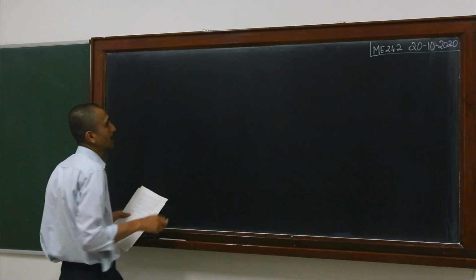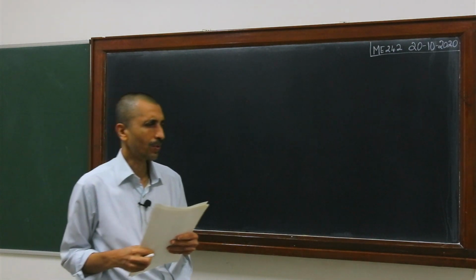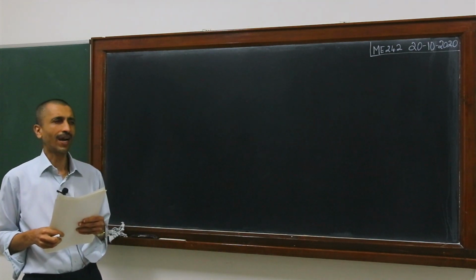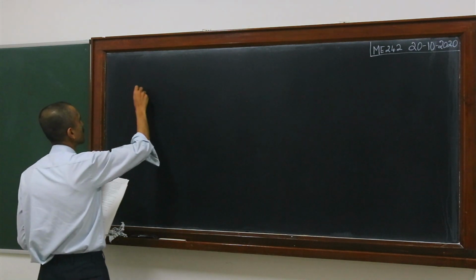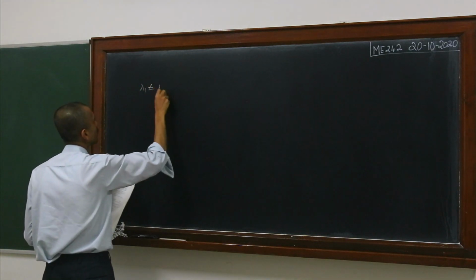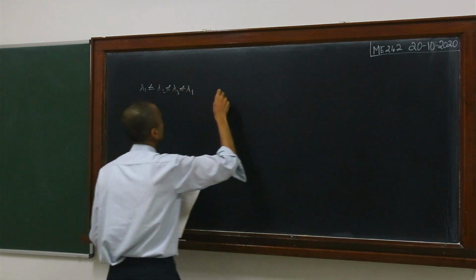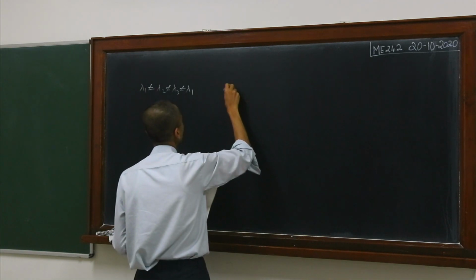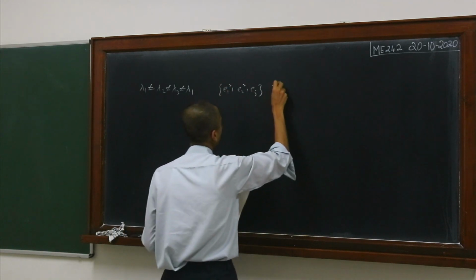Last time we saw the eigenvalues and the eigenvectors of a symmetric tensor. So we proved that the eigenvalues of a symmetric tensor are real valued, and for the eigenvectors we considered three cases. The first is lambda 1 not equal to lambda 2 not equal to lambda 3. In this case, your eigenvectors E1 star, E2 star, E3 star form an orthonormal basis.